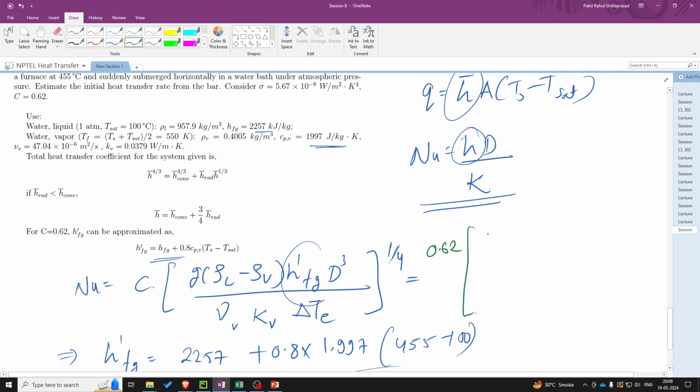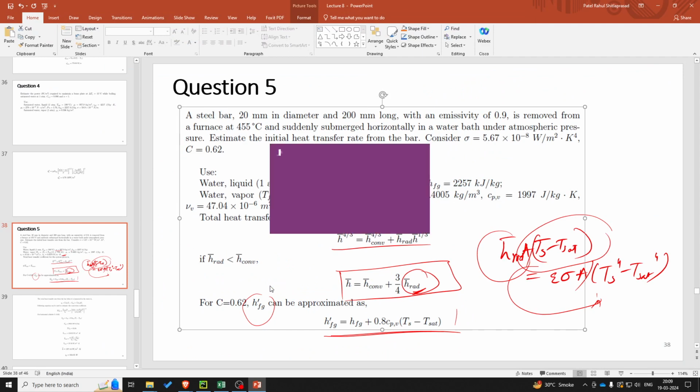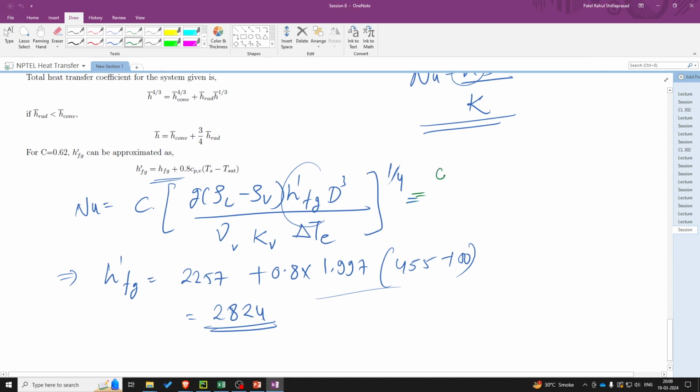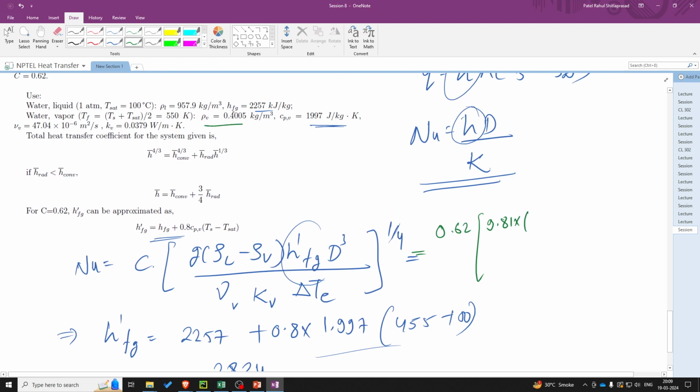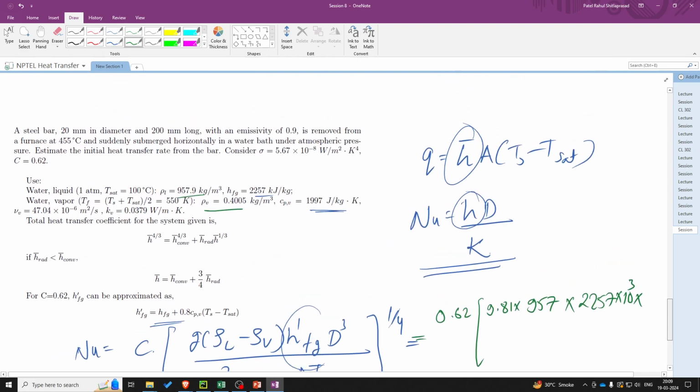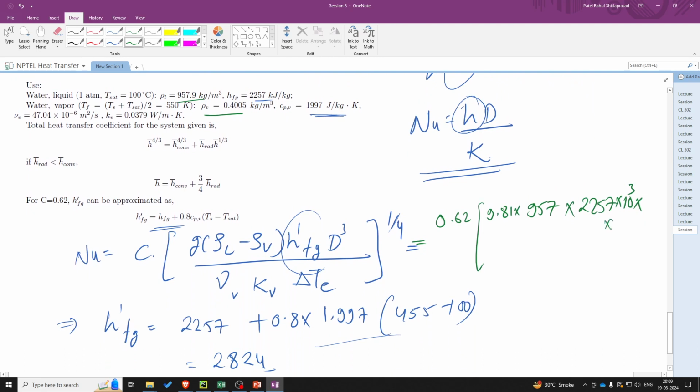Then g is 9.81. rho V we have been given, rho L we have been given, so that we can just write it as approximately 957. h dash fg we have been given in kilojoule as 2257, to cube, and then the diameter we have been given as 20 mm, so that is 20 cube into 10 raised to minus 3 minus 6 minus 9